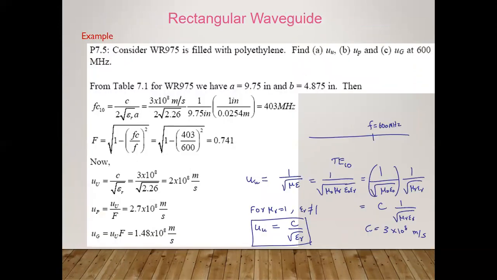See here one of the examples, which parameters are given, how you can find the velocity of a wave, the velocity of propagation, and the group velocity. All these three you can find easily if the operating frequency is given. The tabular form is also mentioned there. In this way you can calculate easily. How can I find my cutoff frequency of TE10? That is also mentioned here. What should be my value? How can I find these parameters, divided by root of epsilon r into a? In this way, you can even find the operating frequency by this formula.